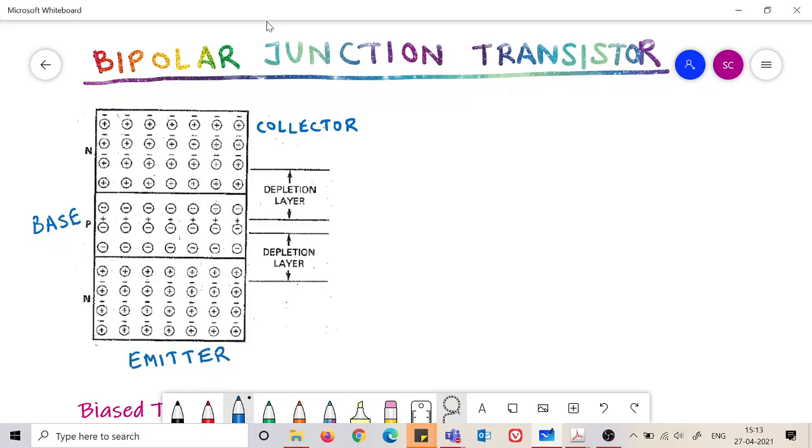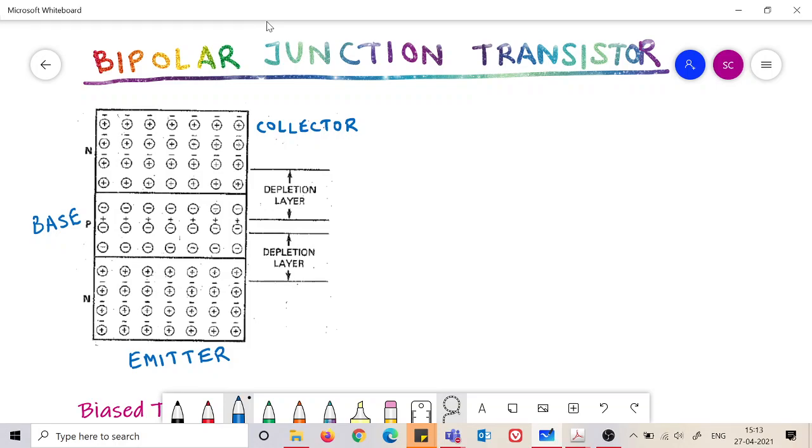And you would know the direction of the barrier potential here. It would be like this side is more negative. In this case we are using an NPN transistor, but it can be a PNP transistor also. Here it is an NPN transistor. So the base is P type and emitter and collector are N type. It could be PNP as well.